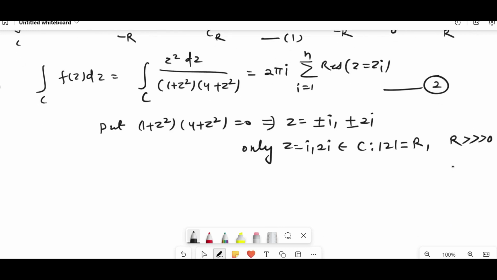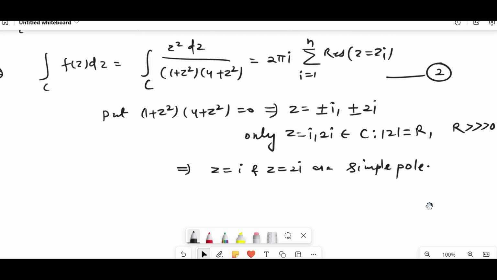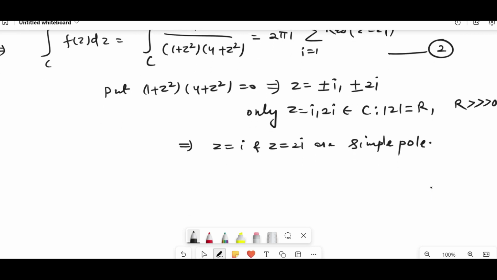So we can say that z equal to i and z equal to 2i are both simple poles. If these are simple poles, then by equation 2,